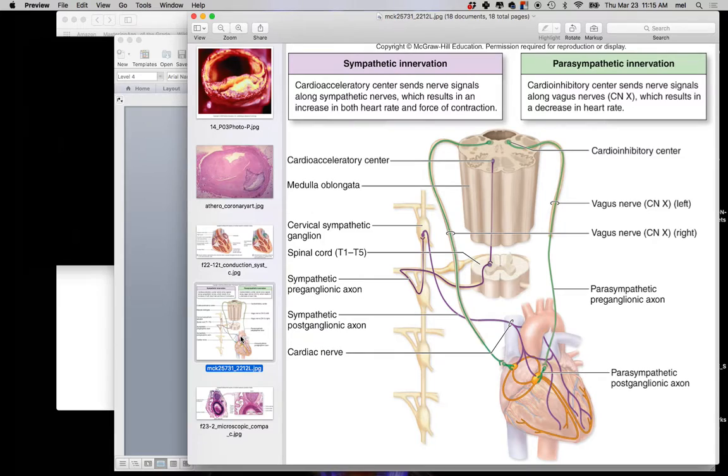One of the chunks is called the cardioinhibitory center of the medulla oblongata, and one of them is called the cardioacceleratory center. I'll bet you can figure out that the cardioinhibitory center is attached to the what, sympathetic or parasympathetic? Parasympathetic. Okay, so here is what you are doing with your heart right now, because you guys are just chilling, right? So in order to slow down your heart from the 100 times per minute that it spontaneously generates to the 70-ish that it's probably doing right now, and if you're in really good shape,